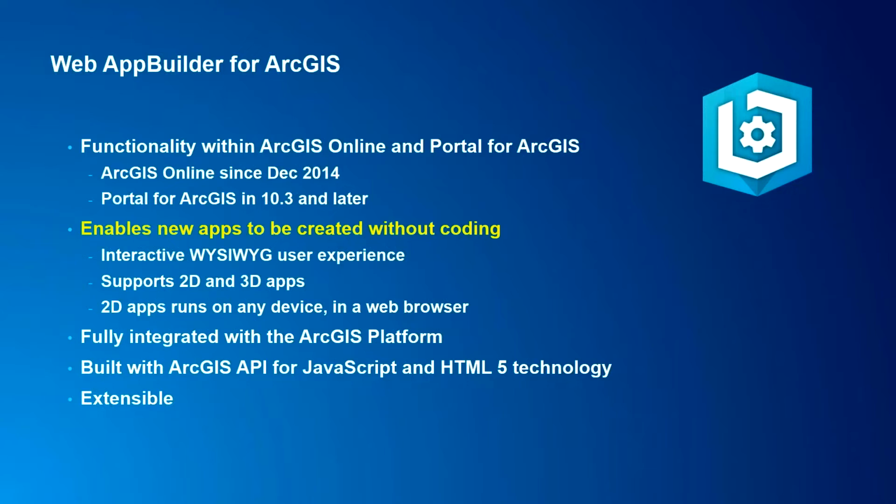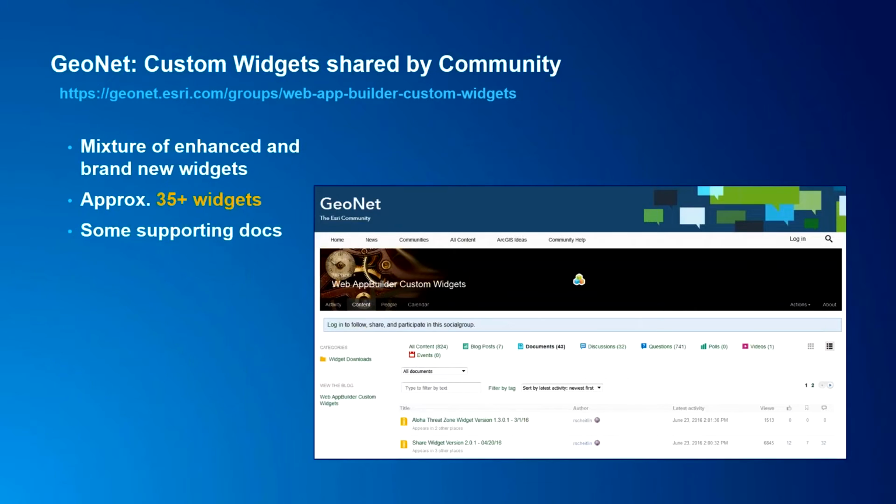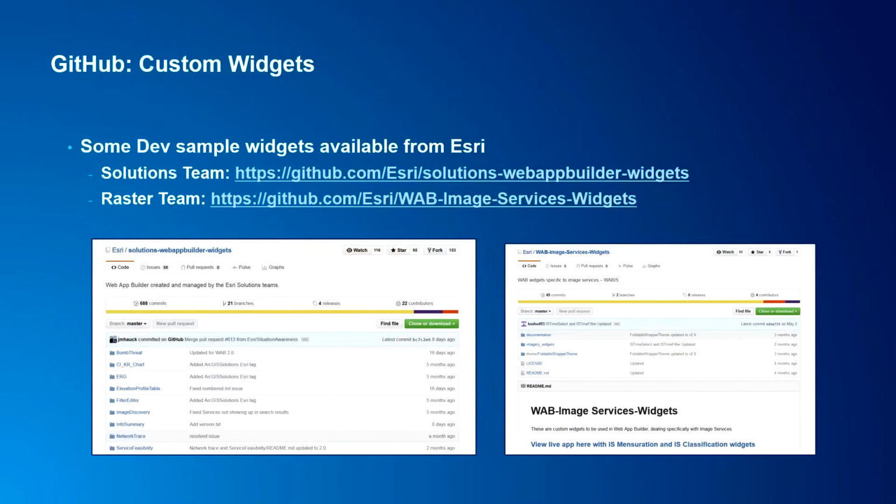This has been available as a part of ArcGIS Online for some time, and is also available for portal deployments as well. This can be extensible, and there's an existing library of widgets that you can draw from. You need to get the developer edition to be able to host this on your own servers if you choose to add additional capabilities, leverage the widgets that are out there that are being shared not only by the community but our own solutions team and the raster team within Esri. There's a large set of additional widgets that are out there and available